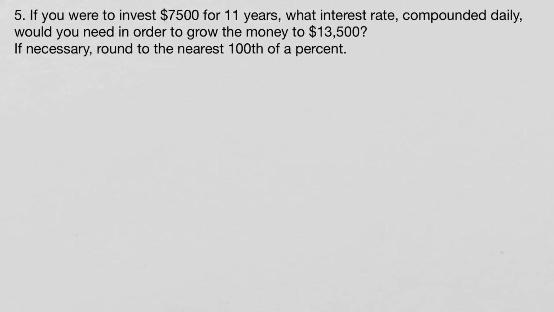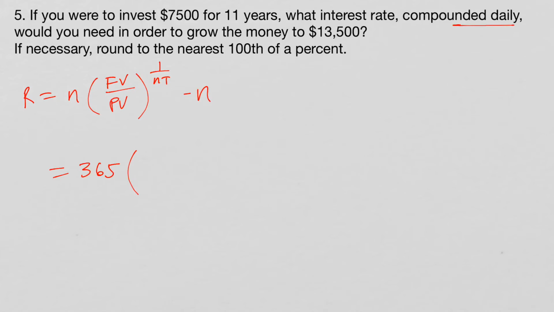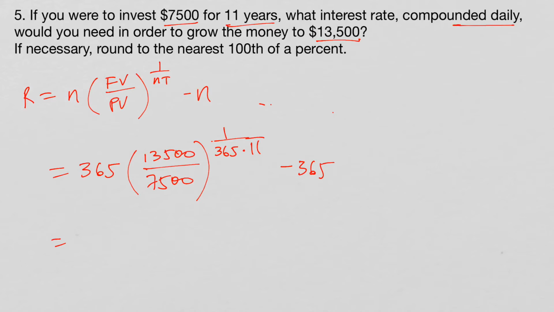Okay, here we're solving for rate again, so I'm going to just use the formula. Rate is equal to N times future value over present value, 1 over NT, minus N. All right? And we're compounding daily, so this is 365. Our future value is going to grow to that amount, so 13,500. 1 over, and again, this is daily, so 365 for 11 years. Okay, minus N, which is 365. All right, this is going to come out to,